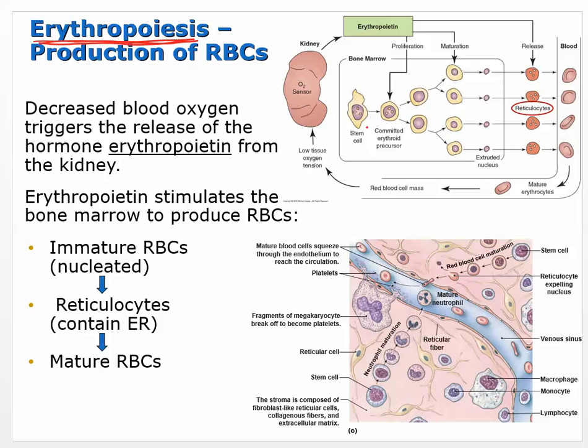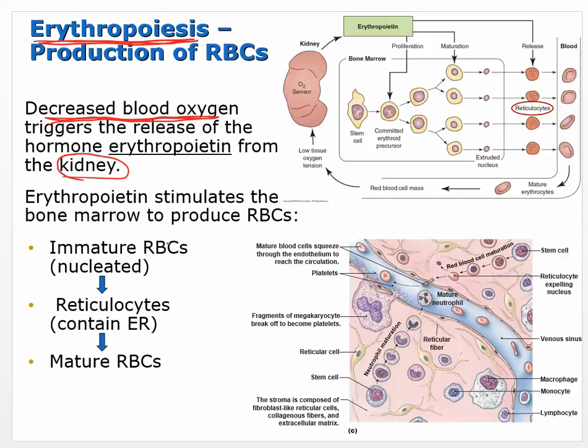It's actually several steps, and of course it starts from the pluripotent stem cells and then the myeloid line. When we have low blood oxygen, we have chemical receptors, chemoreceptors all over our body. And there's one in particular that's measuring our oxygen level in the kidney. So the kidney is sort of responsible. The kidney gets a lot of blood. It's a filter for the blood, so it gets a steady blood supply, and it's constantly measuring how much oxygen